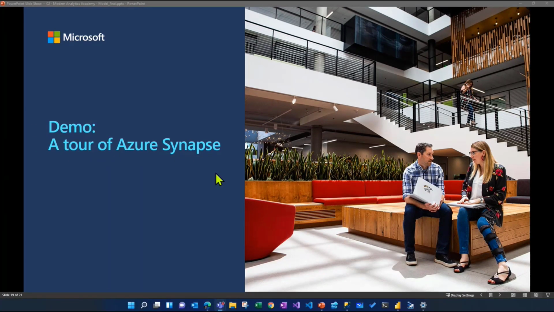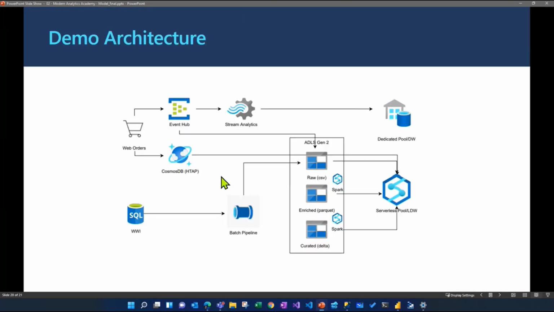All right, so before we dive in and start looking at code, what I wanted to do was take a step back and just orient everybody to the architecture of the solution I'm going to be discussing today. This is ultimately what I'm going to use to demonstrate a lot of the concepts that I just talked about. And if we look starting from left to right, again, the idea within the context of all of these